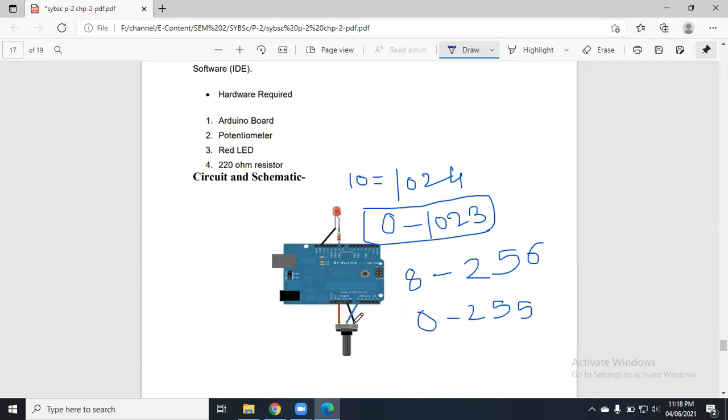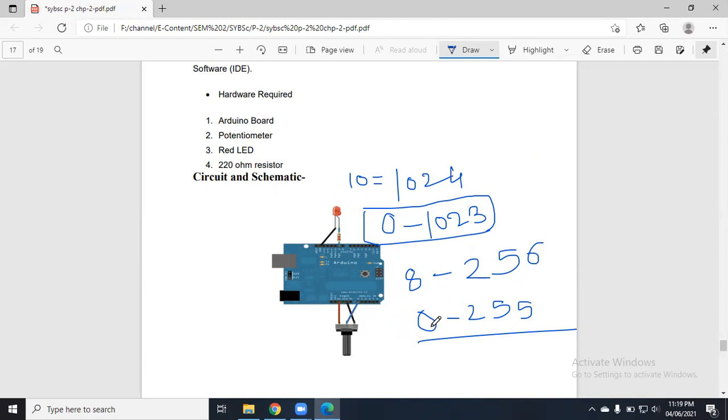So here the potentiometer is connected to the ADC and the output is connected to the LED, right? For this potentiometer, the maximum range is 1023, correct? But for this LED, the maximum range is 255. So we have to map the data. We have to convert 0 to 1023 into 0 to 255. So mapping is required here. The level of my input is quite different from the level of my output, so to match that level, I need to map the data.